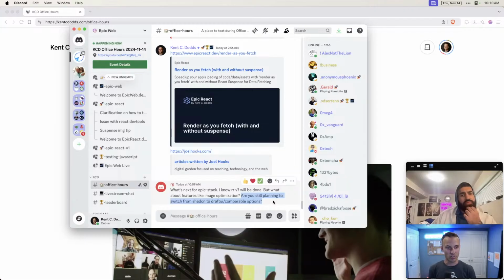ShadCN and Radix are super popular. Radix is getting maintenance by Chance the dev. What's his last name? Strickland. He's a really smart engineer. There's a lot to be said for just doing what the rest of the ecosystem is doing, and Base UI has just not got as much backing on it. I don't feel so strongly about the improvements going from Radix to React Aria, and actually React Aria still, I think, has issues with internationalization as well. So I'm a little concerned about that, but I still need to evaluate it.